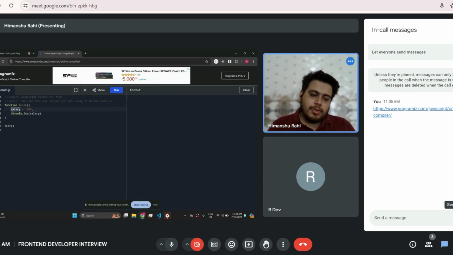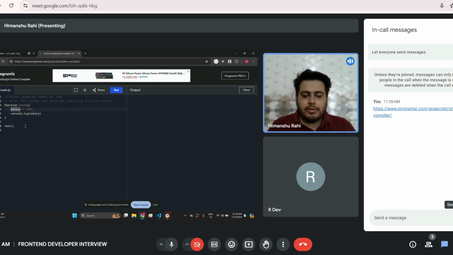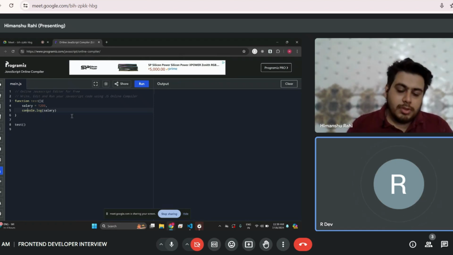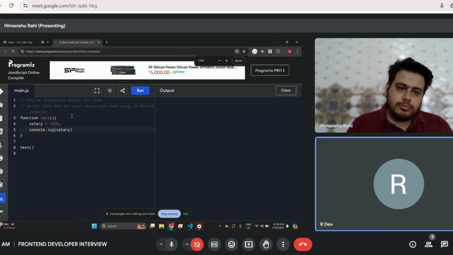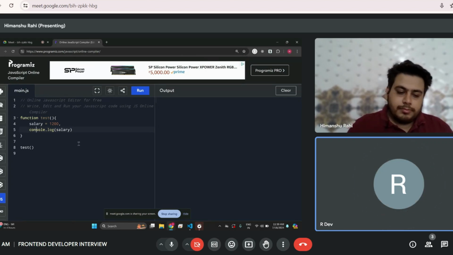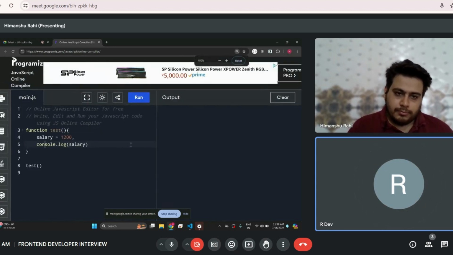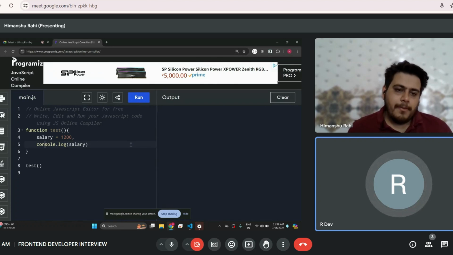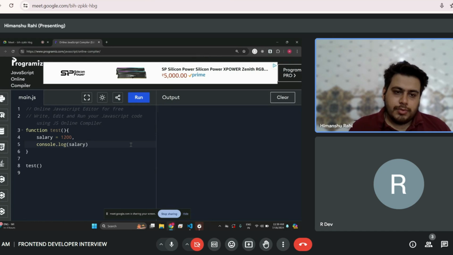Because this is not starting with var or let, and this is inside a function scope. Can you zoom the screen? Yeah, that's better. A little bit more if you can. Yeah, can you tell me what will be the output? So test 7.